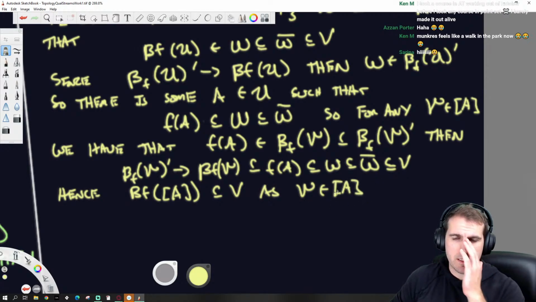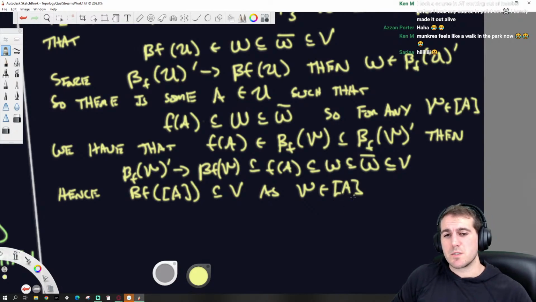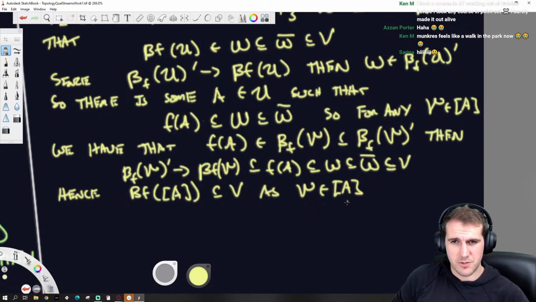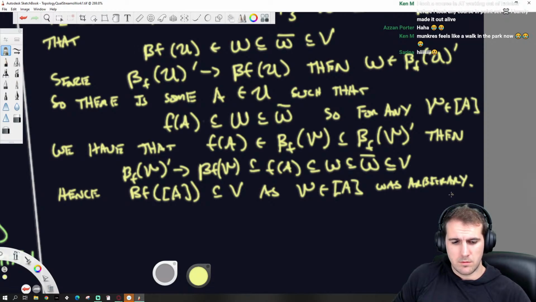I say cylinder because that's what this notation means in symbolic dynamics, but this notation is the collection of all ultrafilters that contain A. A was arbitrary. So that is done, right?